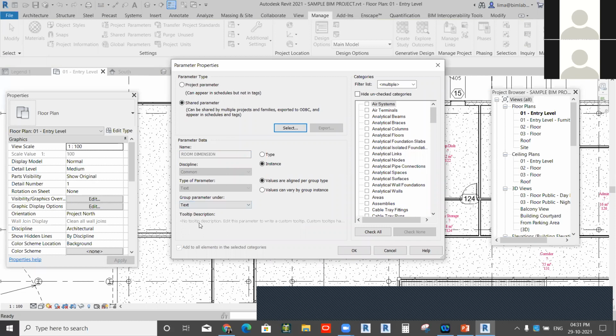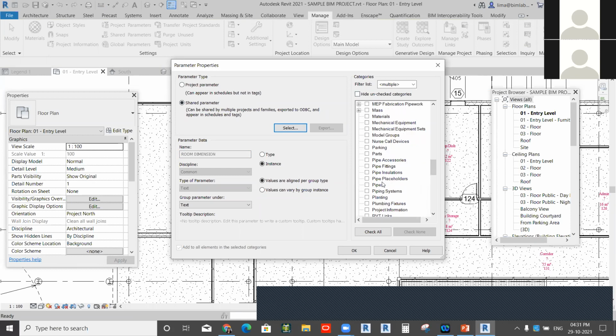So you can set the position where you want to fetch this criteria, and you can set it as an instance property or a type property. The major thing is that you need to assign that as a category. If any parameter that you create is for a door, you need to assign that for the doors. For the rooms, you need to assign that as category room. For windows, you need to add the window.